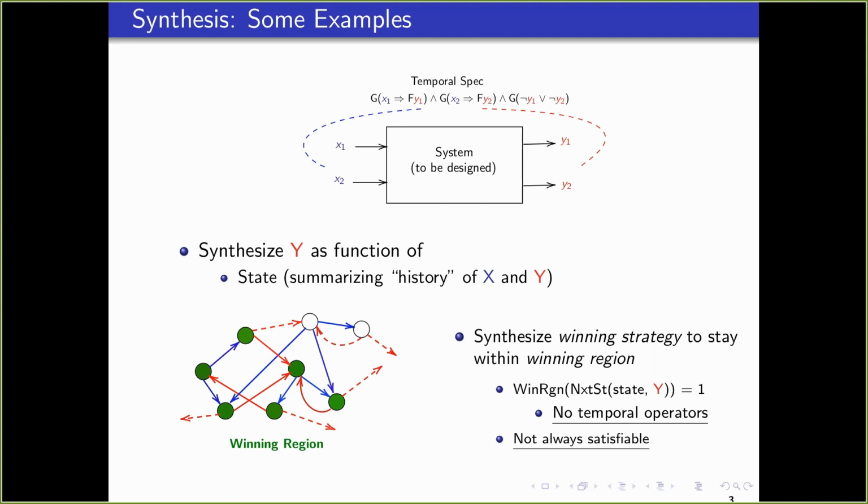So if you found the winning region, then isn't the synthesis job also done? Well, this could be a symbolic winning region. This may not be an explicit winning region. This whole game graph might be constructed symbolically. The winning region might be obtained symbolically. And now you have to find out from each state what is the output that you should take. So for example, when you are in this state, this is the output that you should generate, and you should not generate this output. So the predicate just tells you these are the combinations of whatever values of the signals, and this state is in the winning region, right?